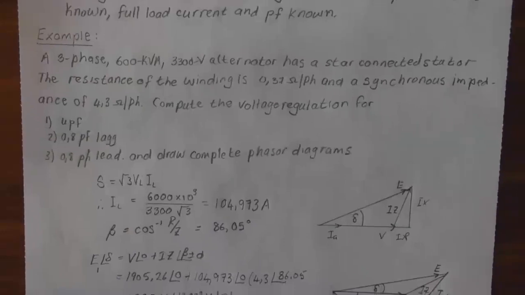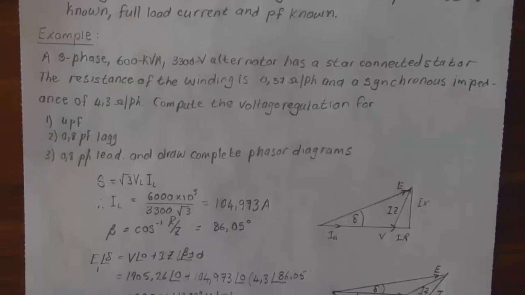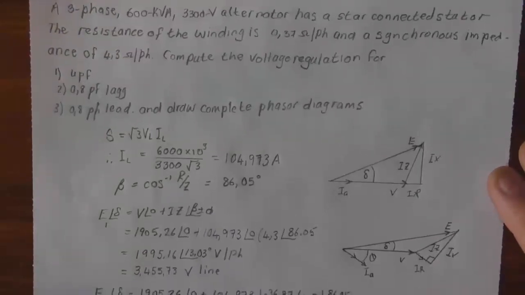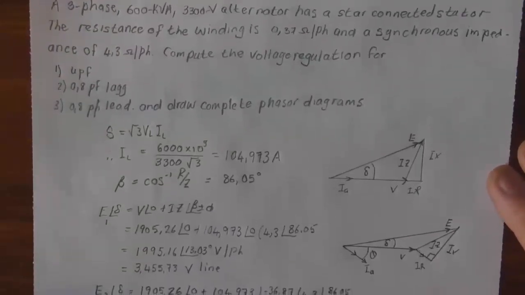The resistance of the winding is 0.37 ohms and the synchronous impedance is 4.3 ohms per phase. Compute the voltage regulation for unity power factor, 0.8 power factor lagging, and 0.8 power factor leading, and draw the